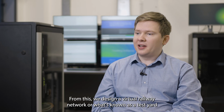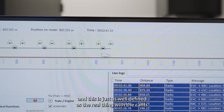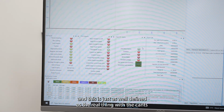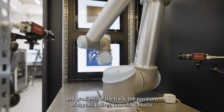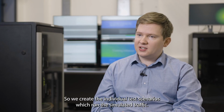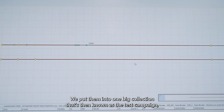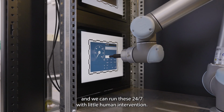So for each test campaign, we begin by defining a test specification. From this, we design a virtual railway network, or what's known as a test yard. And this is just as well defined as the real thing, with the cant and gradients of the track, the positions of signals, balises, tunnels, viaducts, all fully simulated. So we create the individual test scenarios which run the simulated traffic. We put them into one big collection that's then known as the test campaign, and we can run these 24/7